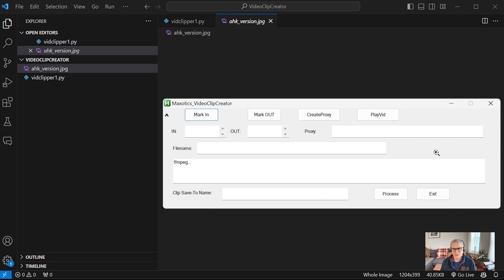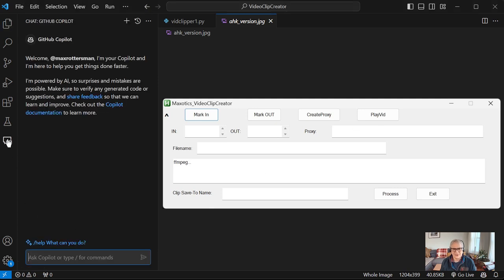So the first thing I want to do is create a tkinter window form in Python that's going to do what this does. So we need a couple of buttons that are going to be mark in and mark out. That's for the video. And we're going to need to create proxy and play vid. So I'm going to ask it to create these 4 buttons in a TK window. So I'm going to go to chat and I'm going to say